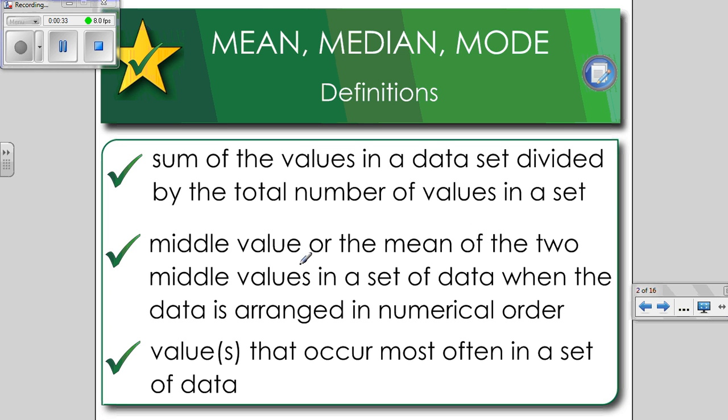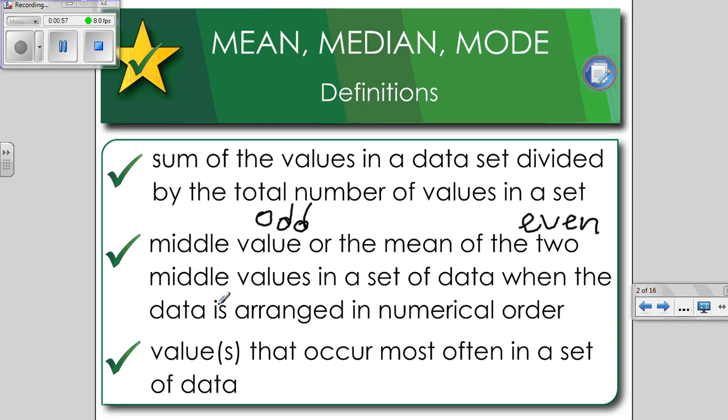The median is the middle value or the mean of the two middle values. If you find the middle value, it's going to be an odd set. If you find the mean of the two middle values, it will be an even set of numbers. So that's the difference there. The median is the middle value of a set of data